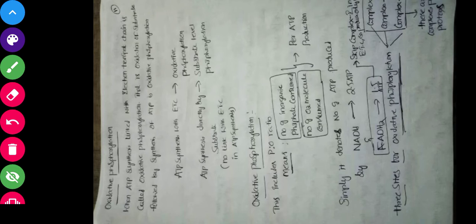Understood? In simple terms, it tells how many ATPs are synthesized by the NADH and how many ATPs are synthesized by the FADH2. So I already told you, NADH will form 2.5 ATPs and FADH2 will form 1.5 ATP